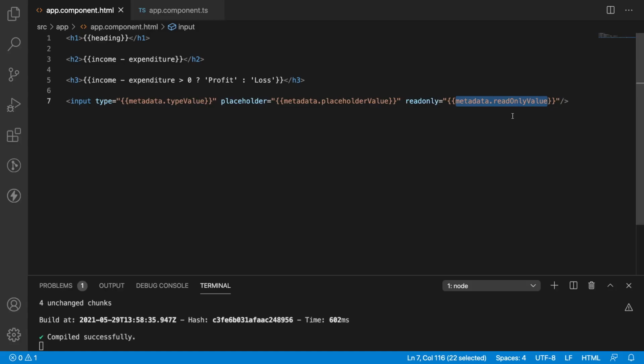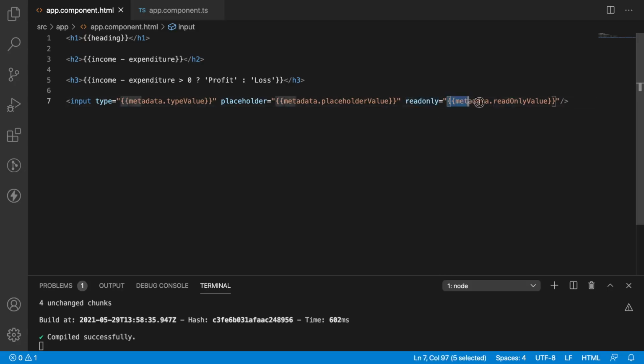That is why we call interpolation string interpolation. So whatever the arithmetic operators, whatever the operators you are using, at last it will be converted into a string. That is why it is taking HTML's default value as read-only true.